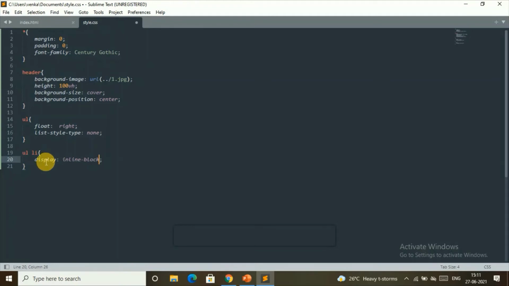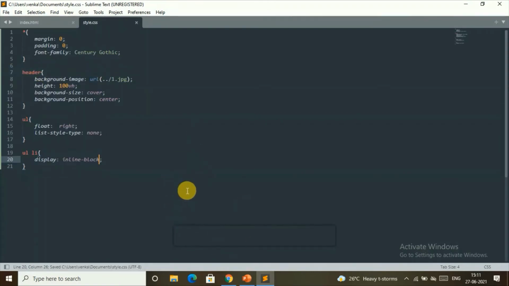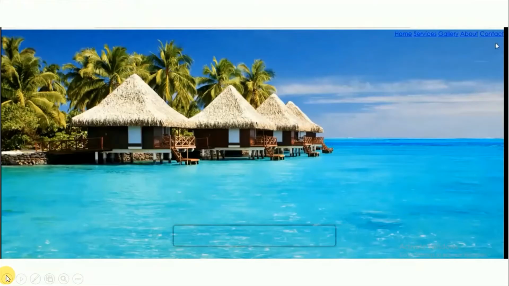So we shouldn't forget to use this, that is display inline block, so that by using this we'll get all our menu items side by side. And now let's save this, and now let's go back to our website and check what's happened. So now you can see our menu items are side by side aligned in the right corner of this page, and this is how it looks like.